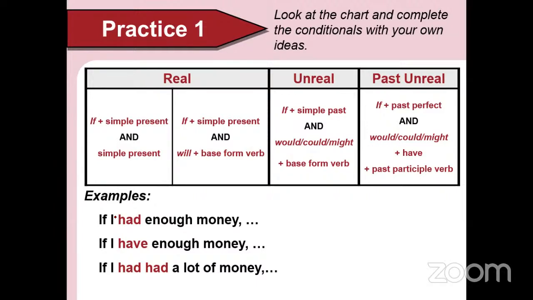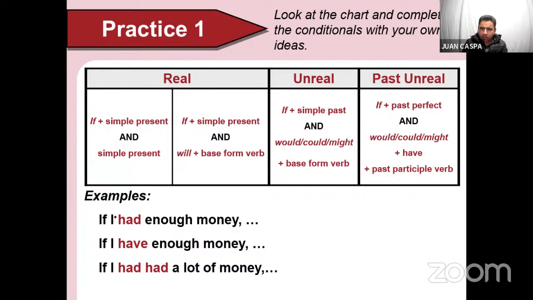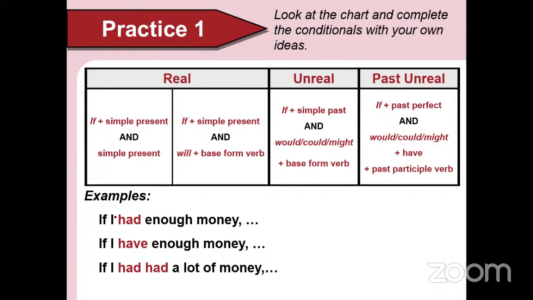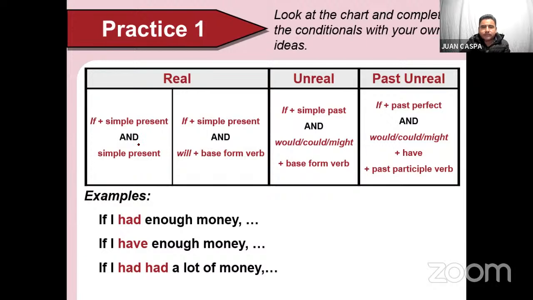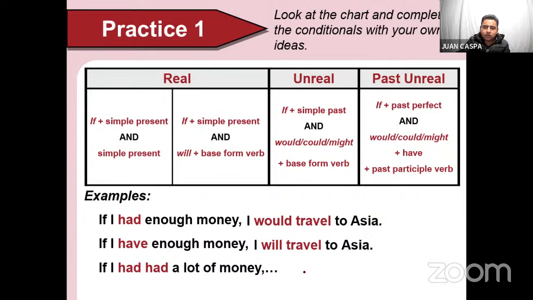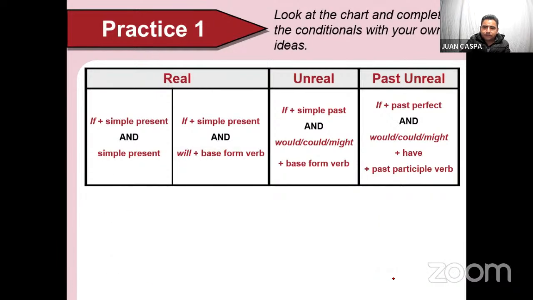If I had had a lot of money, I would have got a restaurant. Very good. If I had had a lot of money, I would have got a restaurant. Okay, but in this case, it is just an example, right? If I had enough money, I would travel to Asia. If I had traveled to Asia, I would have traveled to Asia. So if you talk about that,